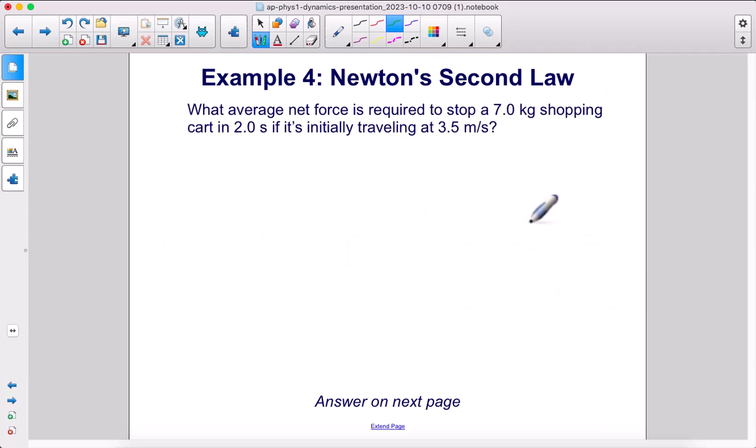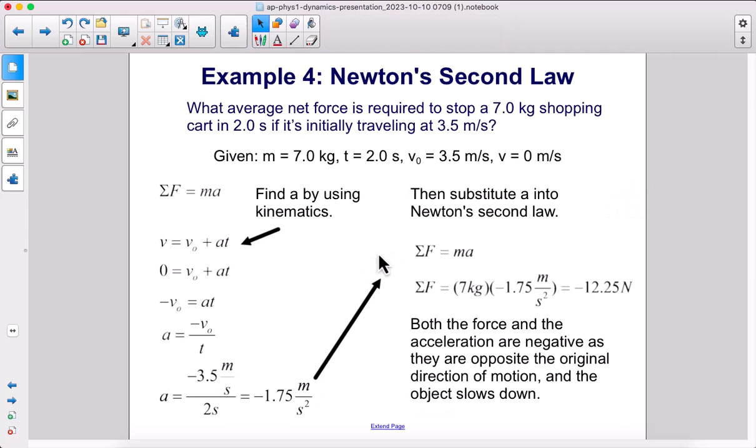What average net force is required to stop a 7-kilogram shopping cart in 2 seconds if it's initially traveling at 3.5 meters per second? This is a two-step problem. First, we list our givens. And we see that we're going to have to use kinematics first and then dynamics. So first, we're going to use the first kinematics equation and solve for acceleration. Plug in our numbers, because remember, if we're coming to a stop, that means the final velocity is 0. So we have initial velocity, we have time, we can solve for a, which is negative 1.75 meters per second